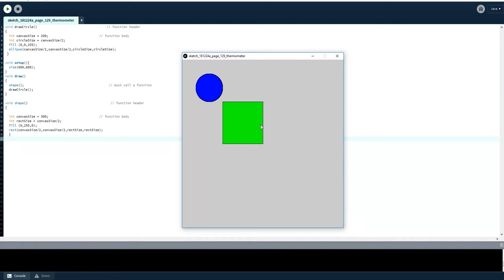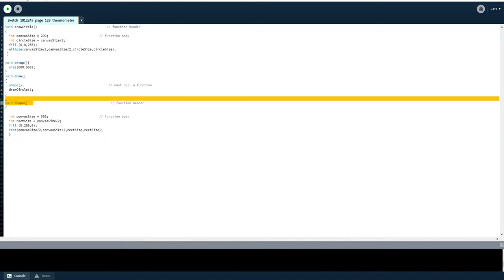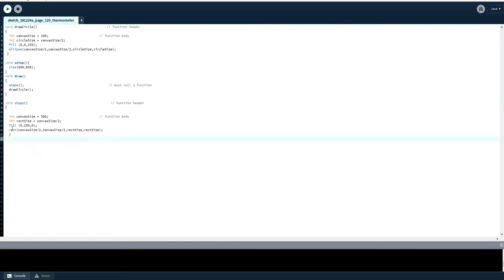So in this lesson, you have learned how to make your own functions. You can write down your function anywhere in your program, but the best thing is to write it at the end. The name of the function part is called the function header, and whatever you write between two curly braces is called the function body. Make your own program, try your own shapes, and if you have any question, you can ask me.